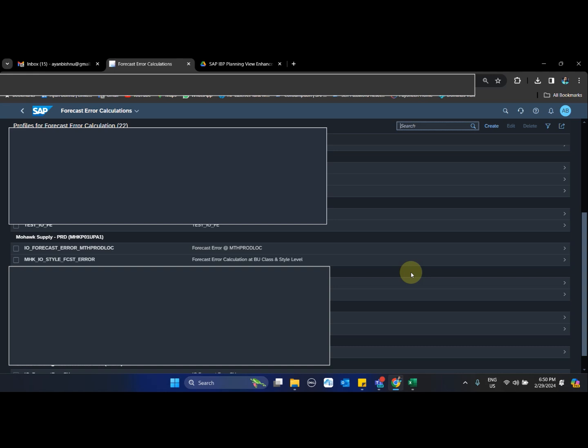Out of all these three, the most commonly used is the demand variability, because demand variability gives us how accurate our forecast was at a past date based on the sales history that we have got. Now, this is one of the primary inputs for IO.